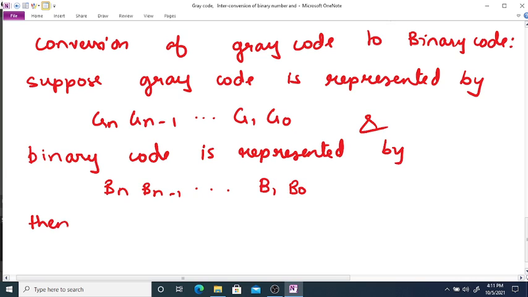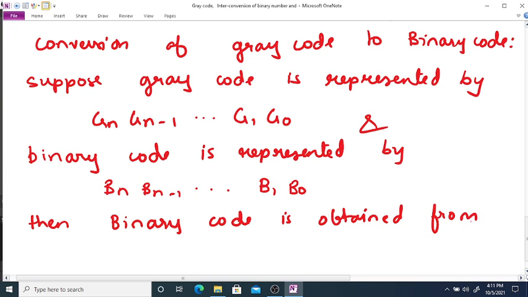Then binary code is obtained from gray code as follows.